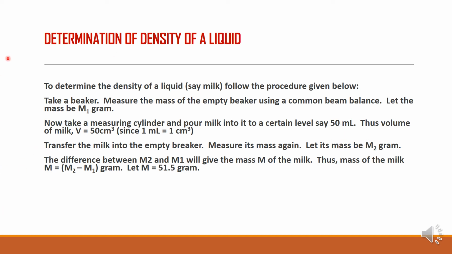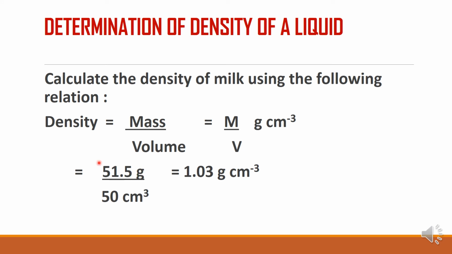Now suppose one case is given here. Suppose the volume of the liquid is 50 ml, and when you measure it, the mass of milk is 51.5 gram, that is just an example that is given here. So if it is 51.5 gram, then what you have to do, you have to just divide 51.5 gram, that is the mass, by the volume, and you will get the density of the milk. So that is how we find the density of the milk. We will be doing some numerical problems, so at that time it will be very clear to you.